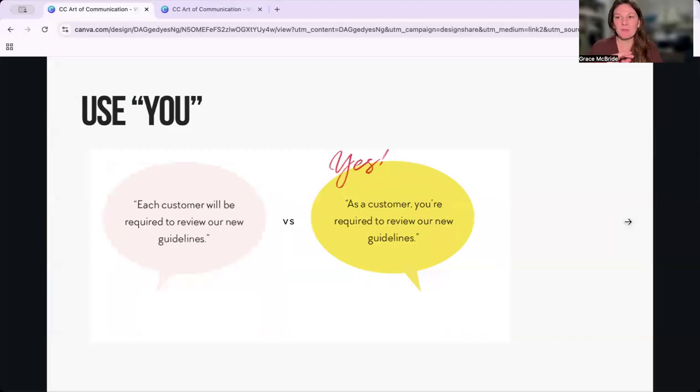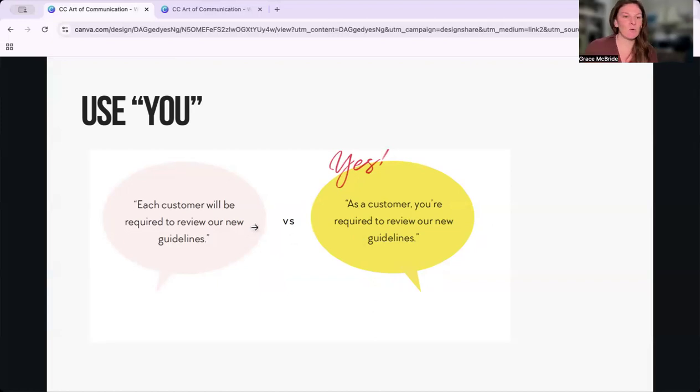Number 3, probably the most powerful thing that you could change right now in your copy that would make a massive difference. Use the word you. Better yet, use somebody's name if you have the opportunity to, in an email and a phone conversation. Use their name, but also use the word you or you are or you have or you've or your. Get something in there. Our brain is wired to pick up on the things that we need to pay attention to.